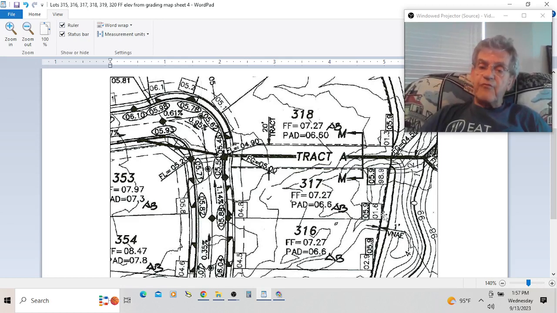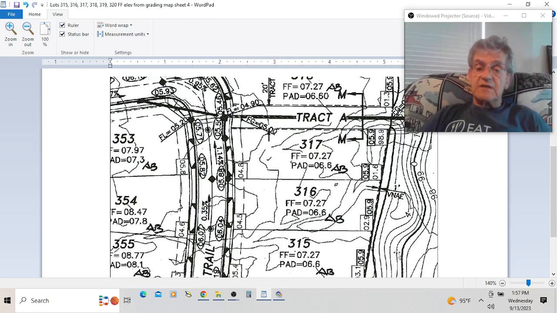So they added 4.3 in their scale, which probably comes out to about 25, 30 inches. They did it here. Now, not only did they raise this property line right here, but also in 316, I'll